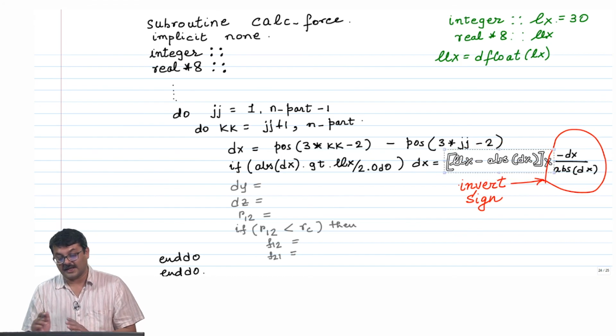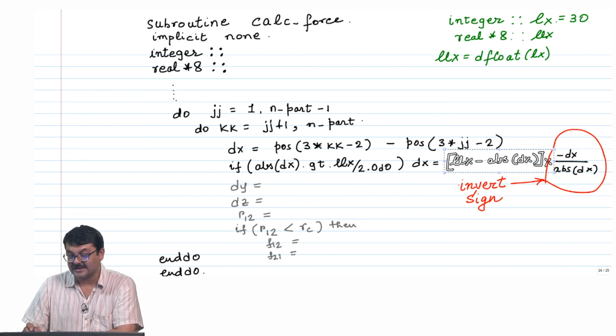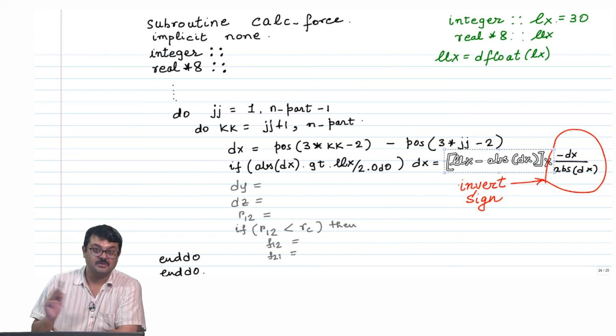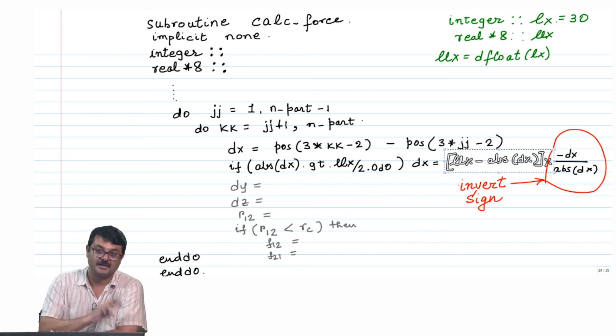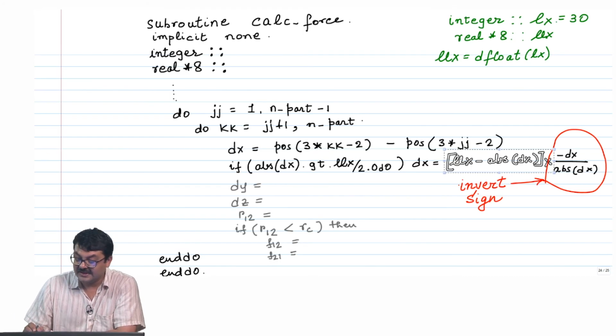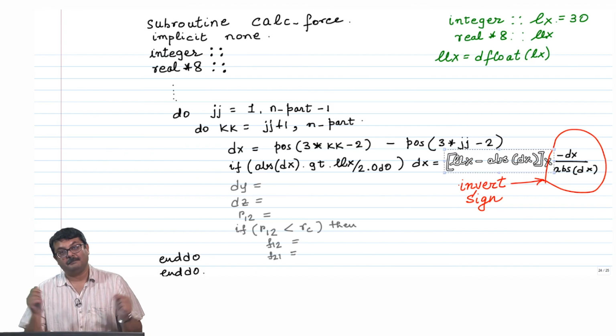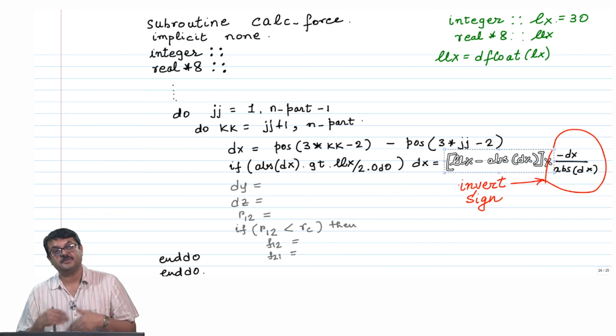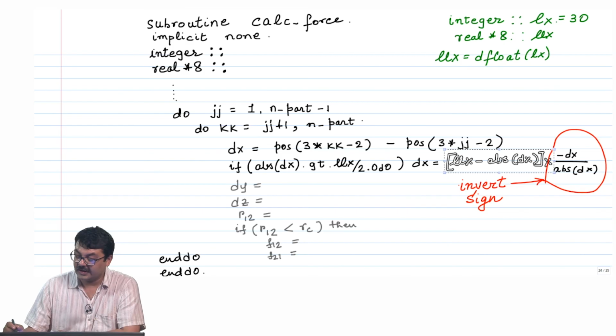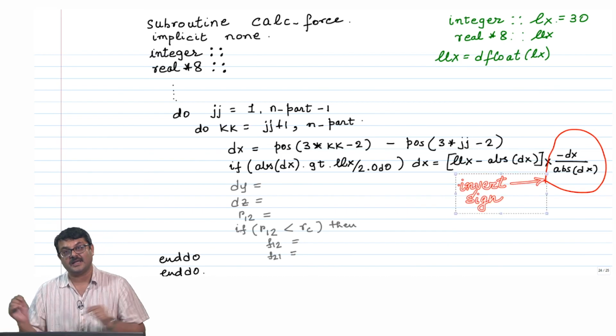this is the minimum, calculating the distance in the minimum image convention. You are saying, okay, I want to wrap around the box and calculate the distance. So, LLX minus absolute value of dx, because you do not know which particle is on the right and which particle is on the left, right. So, you really need to take the absolute value of dx, and this is the correction for the appropriate distance, and dx by absolute dx with a minus sign basically changes the direction of the vector, right. So, if you have to invoke the minimum image convention, you have to correct and invert the sign of the vector as well to